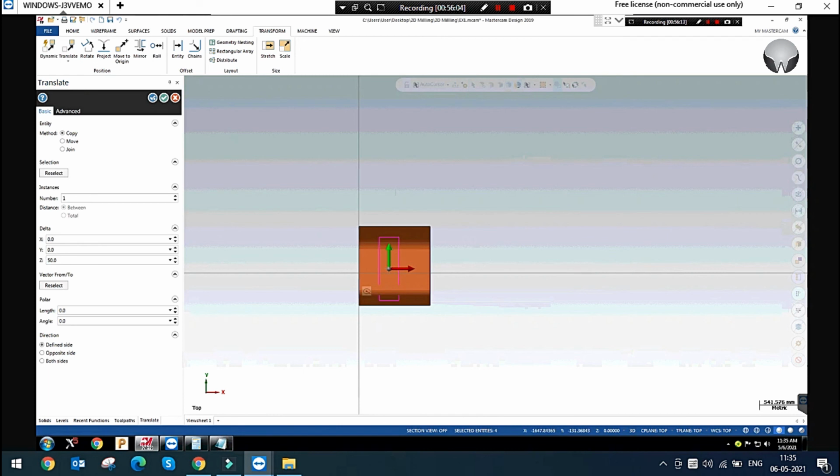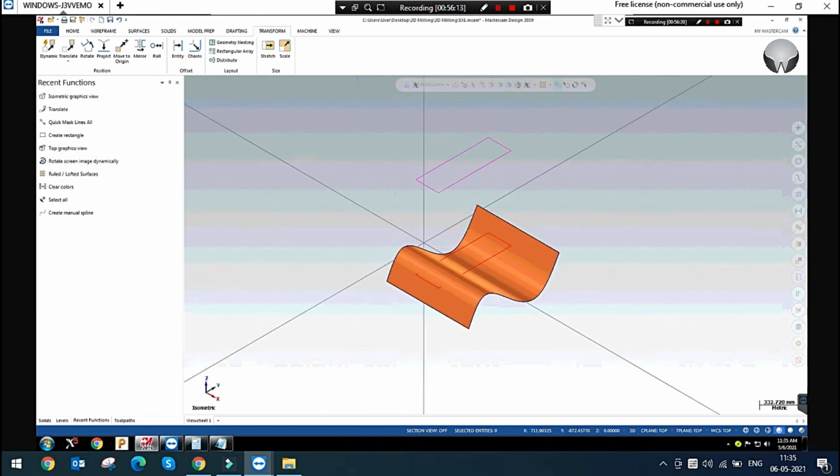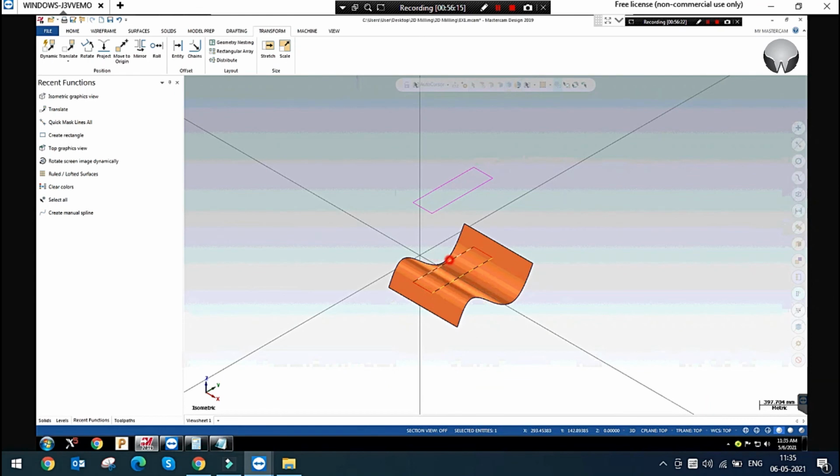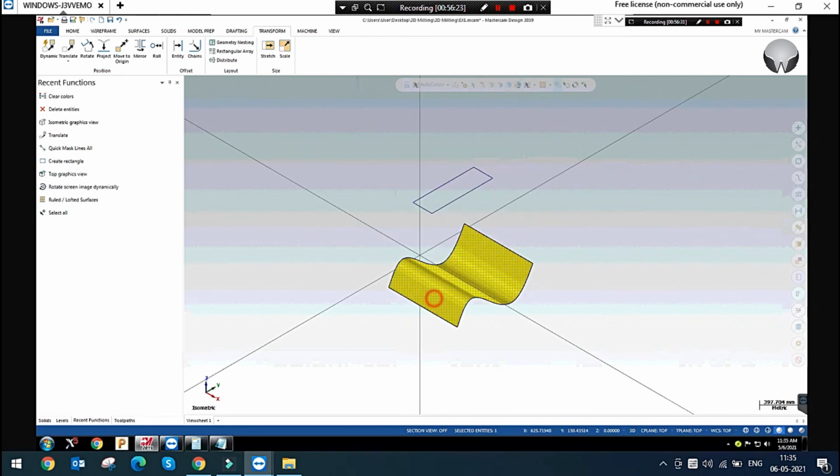Just transform the lines. Okay, brother. So this is the rectangle I have drawn in 2D, right? But this is my 3D surface. I want to project this rectangle onto this 3D surface.